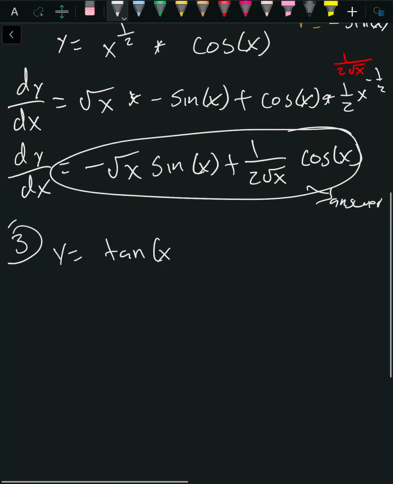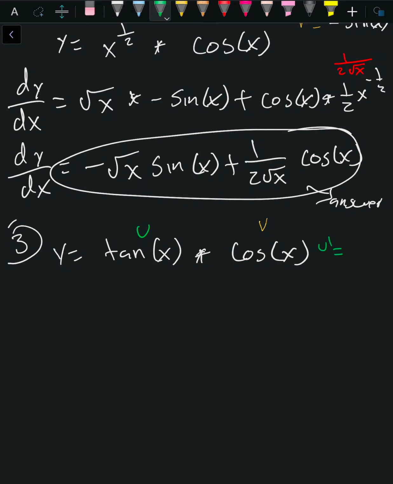Alright, let's do one more example. y is equal to tangent x times cosine of x. Right? Like I said, our first term and then our second term. Right? Let's find the derivatives on the side. The derivative of the first term is going to be secant squared of x, and the second term, v prime, is equal to negative sine of x. Right? Let's plug them into the formula,